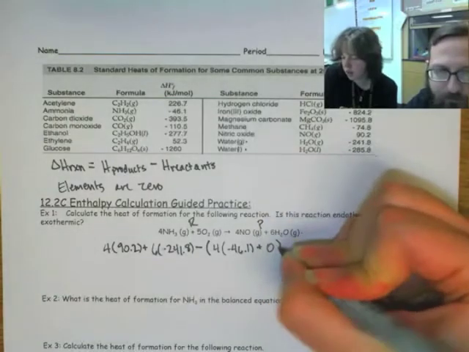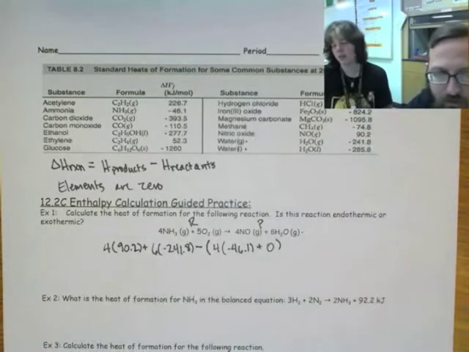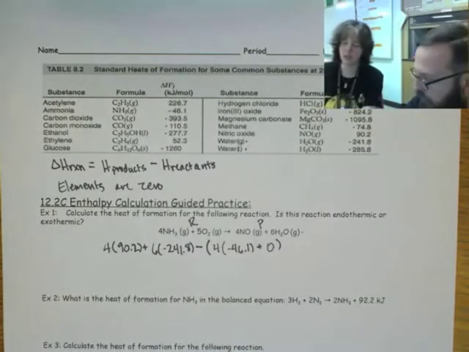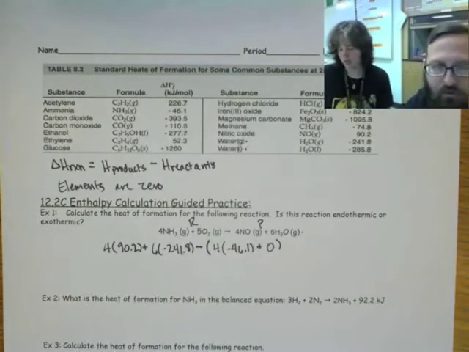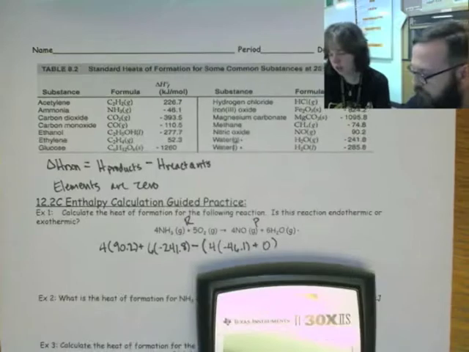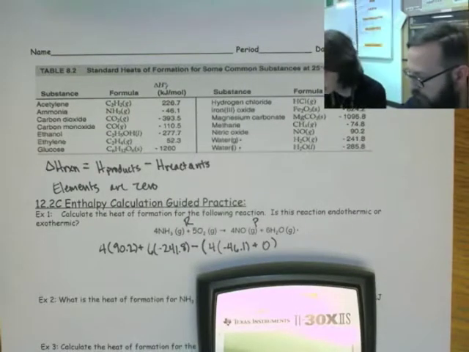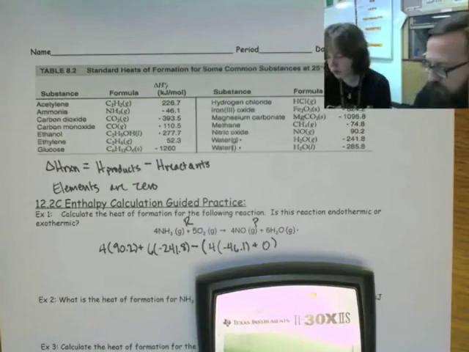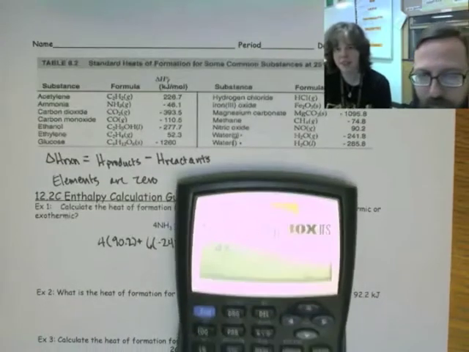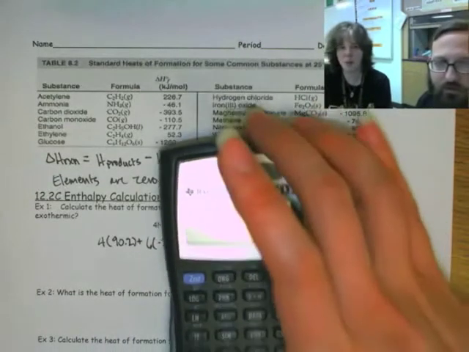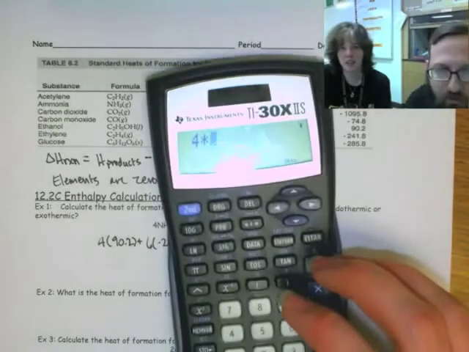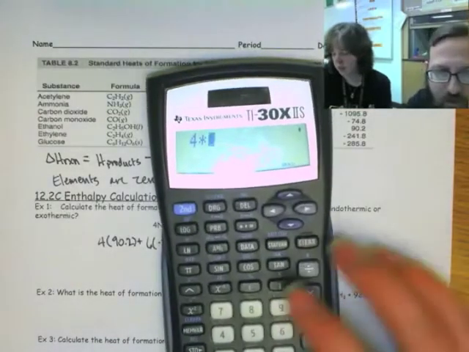All right, so now we just plug everything into our calculator. Don't even have to do anything fancy. So we're going to have 4 times 90.2